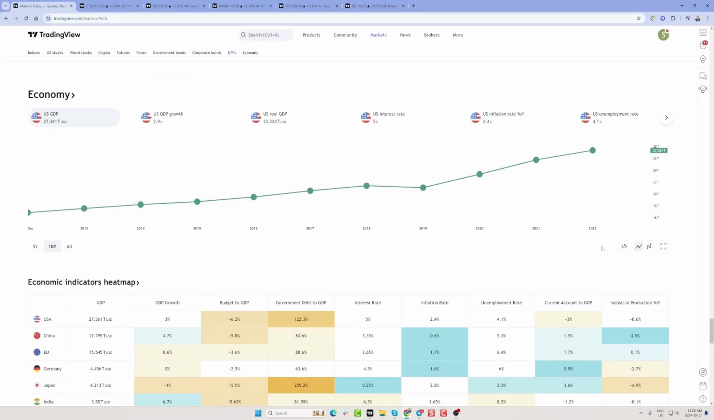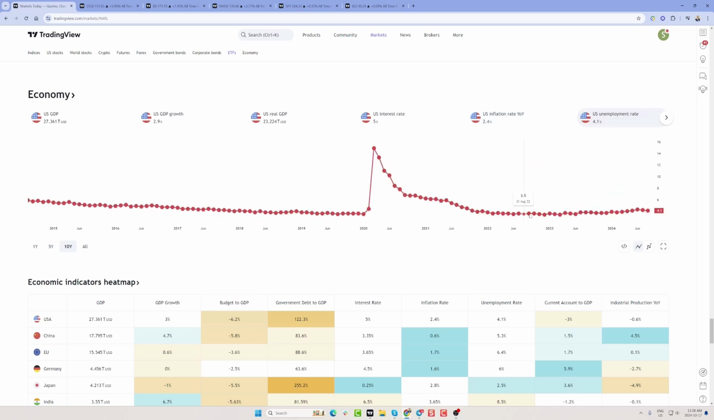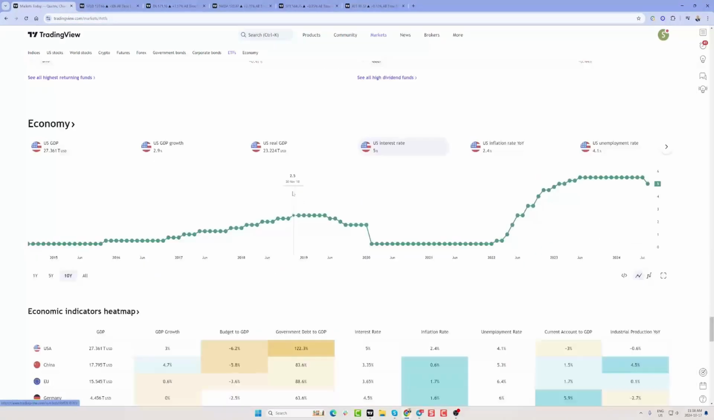And I think it just works really well in conjunction with these economic indicators. So let's look at inflation. Inflation year over year, 2.4%. We can see it's been trending down. Unemployment rate, trending down. Interest rates, still high. Cut the rates, J-Pow! So you get the idea, but you can see all of that right here on TradingView